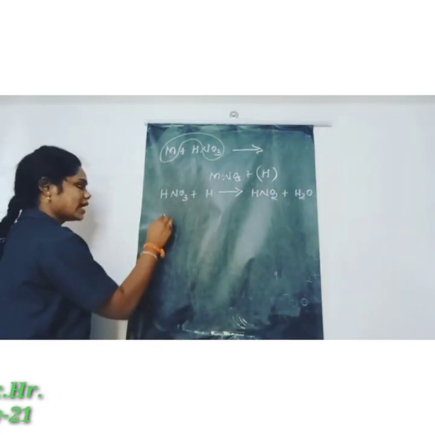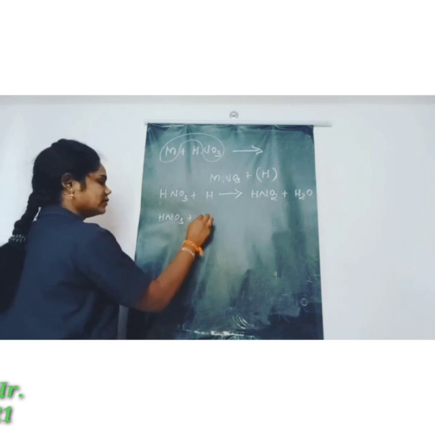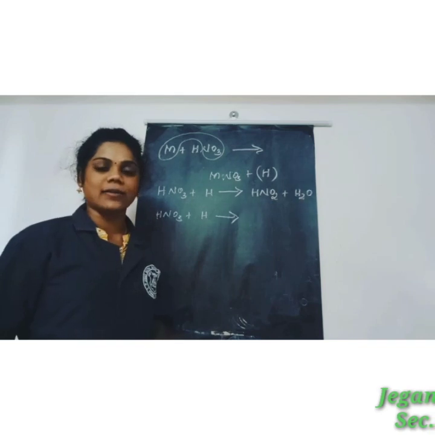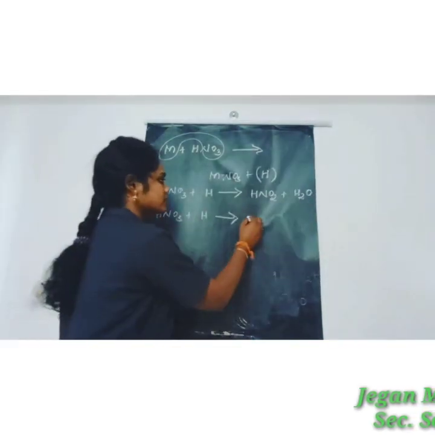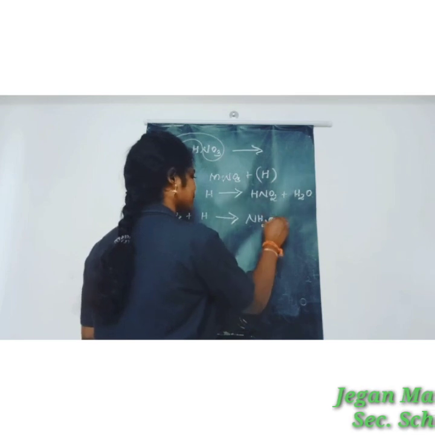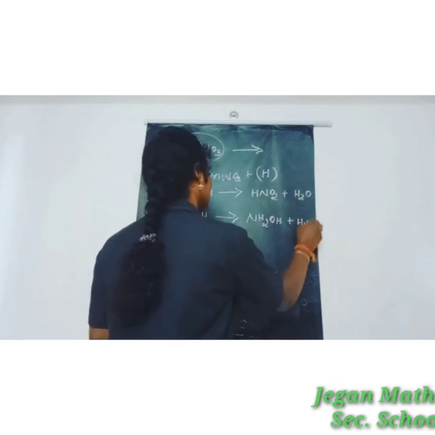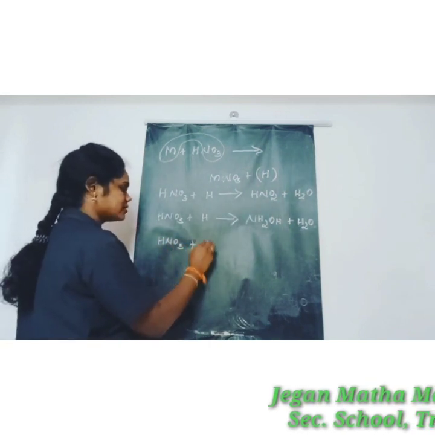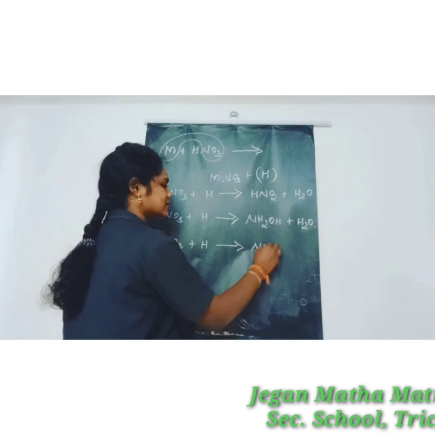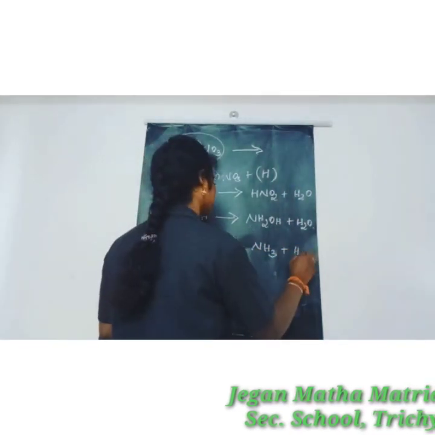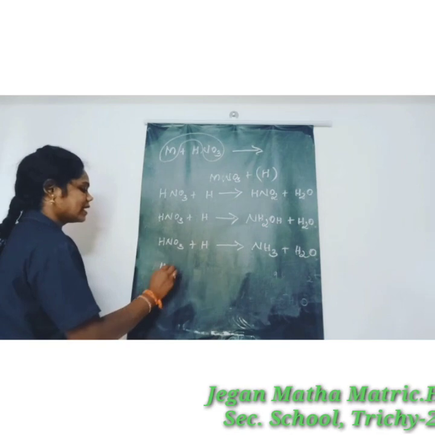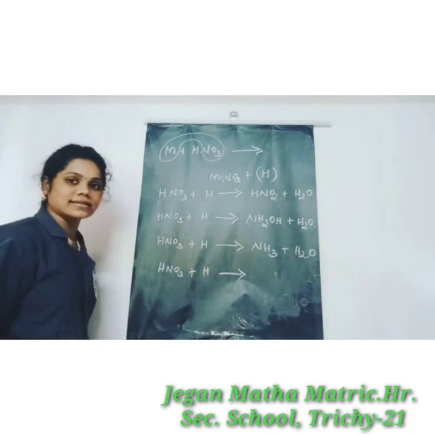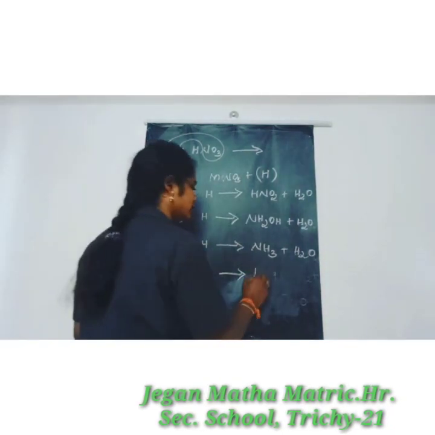And second one, same HNO3 reacts with nascent hydrogen. It gives hydroxylamine. The formula for hydroxylamine is NH2OH, plus H2O. And next one, same thing, nitric acid reacts with hydrogen. So it gives ammonia, that is NH3, plus H2O. And next one, nitric acid reacts with nascent hydrogen. It gives hyponitrous acid, that is H2N2O2